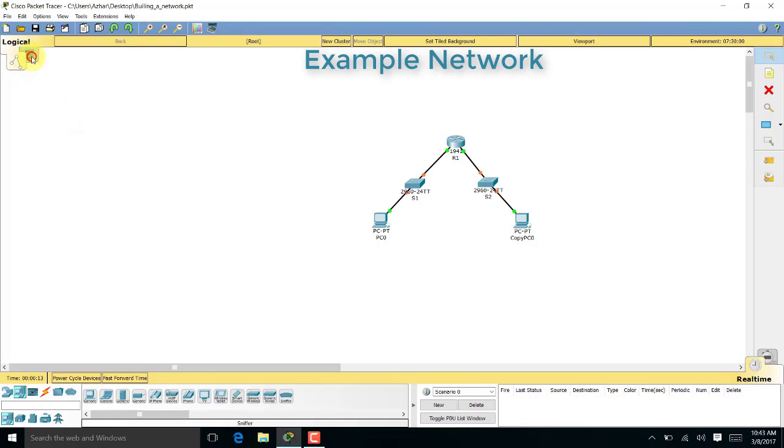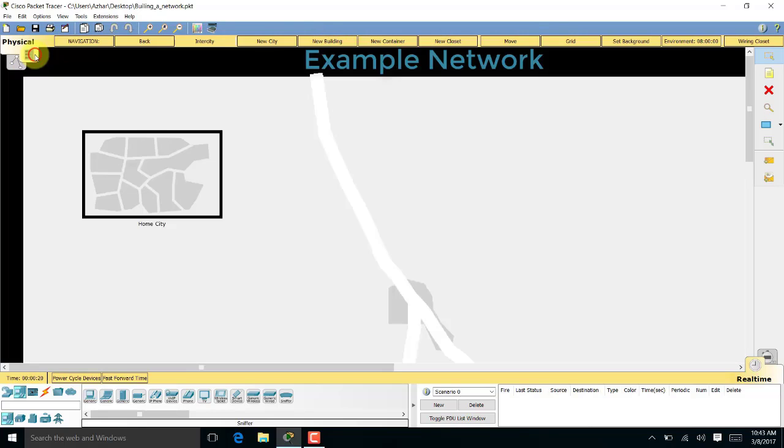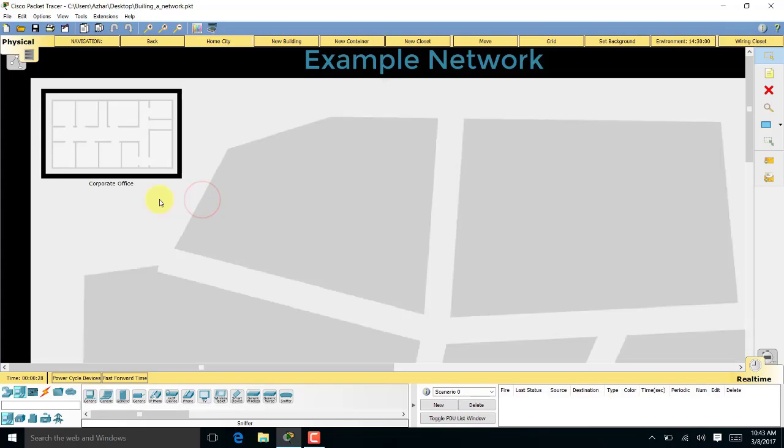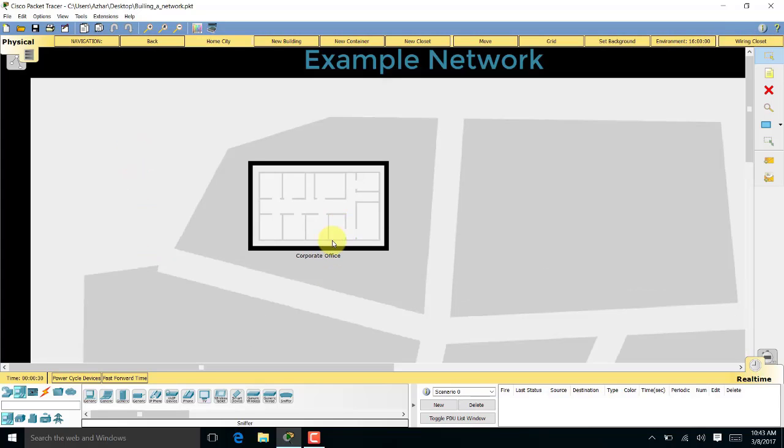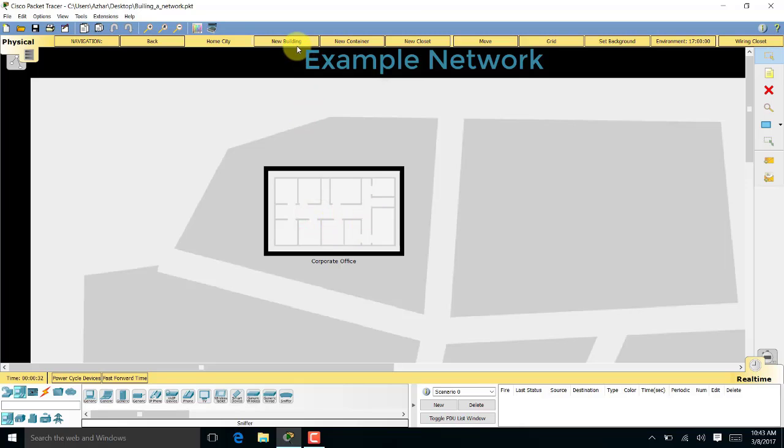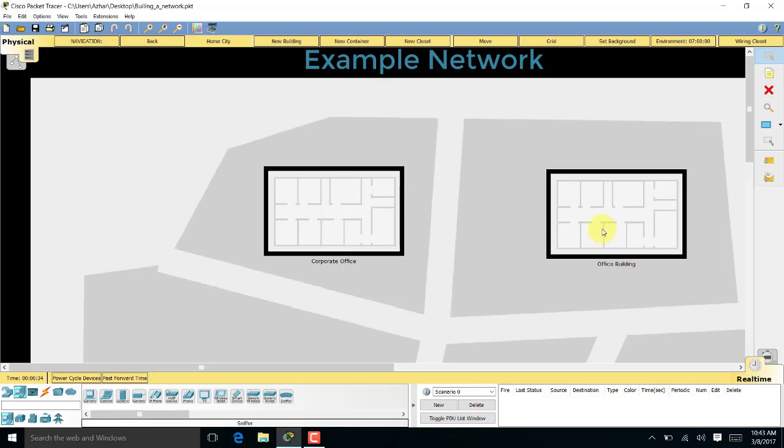Logical workspace and the physical workspace. In the logical workspace, you can create a new cluster, set a title, background, viewports. In the physical workspace, you can navigate through new city, new building, new container, new closet, and the sector, background, wiring closet. Navigate to the home city, place the corporate office in one place, create a new building using the new building tab,